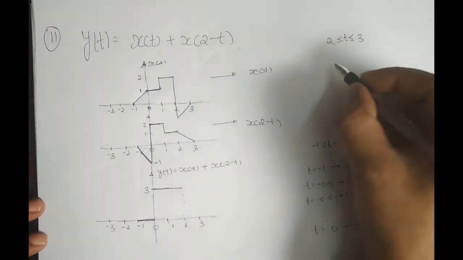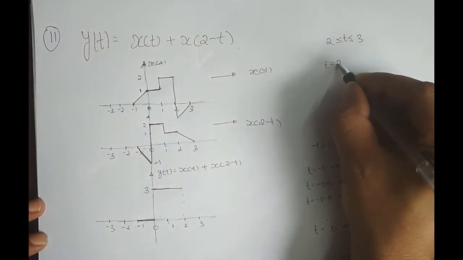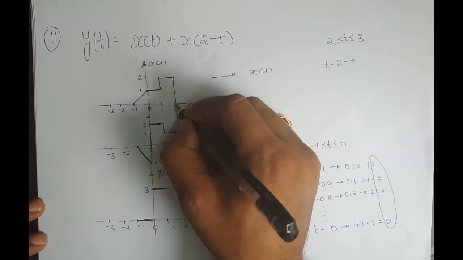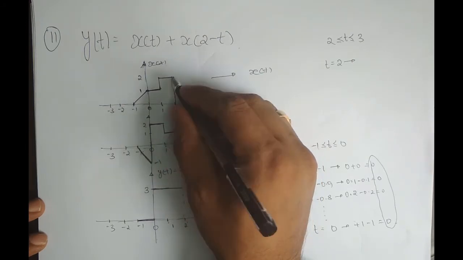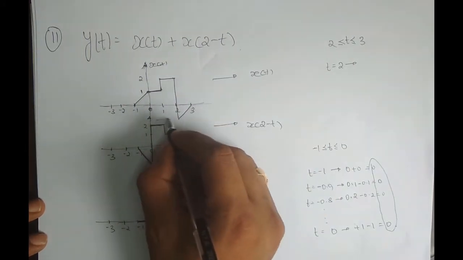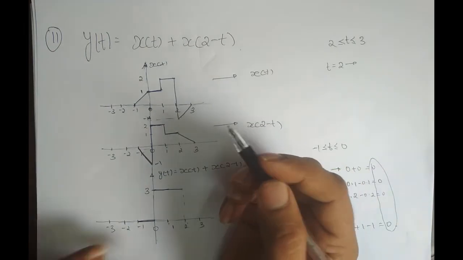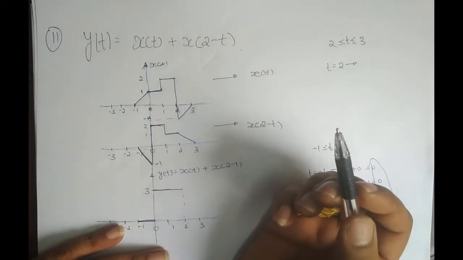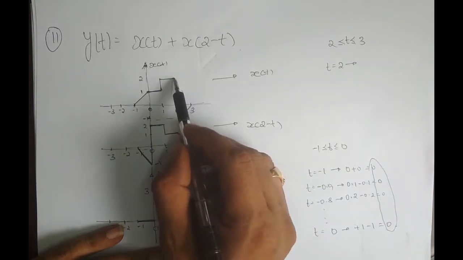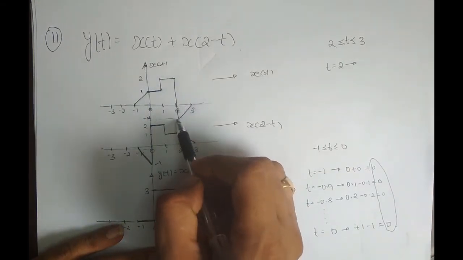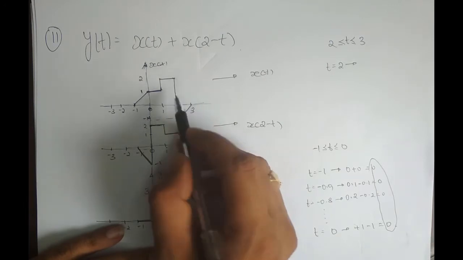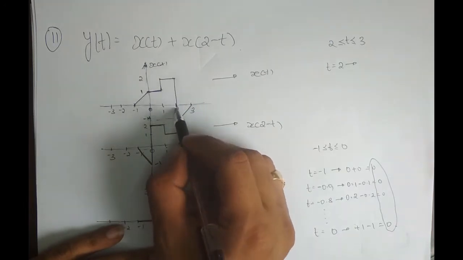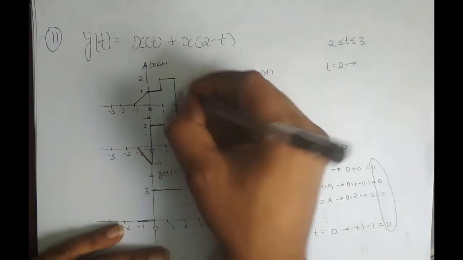We'll check it. At t is equal to 2, what is the amplitude of the first signal? So now you might ask me, sir, whether the amplitude is plus 2 or minus 1. So there is an ambiguity here. At t is equal to 2, what should be our amplitude? Whether it is 2 or I have to take minus 1. So basically at t is equal to 2, the signal is not defined. So there is no line here.